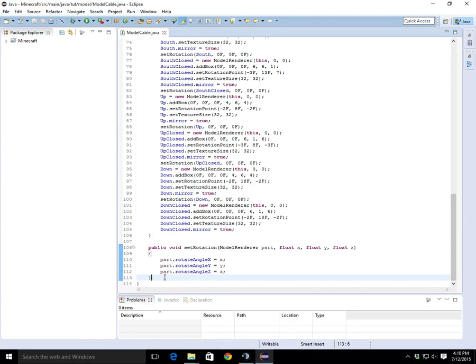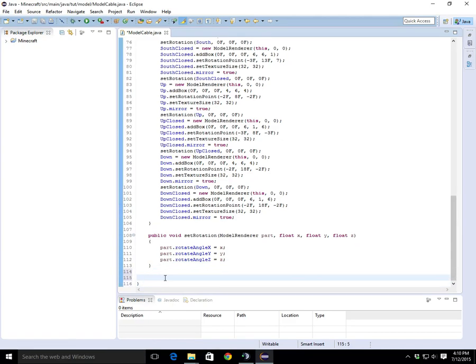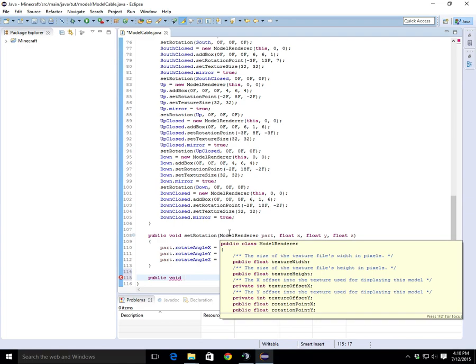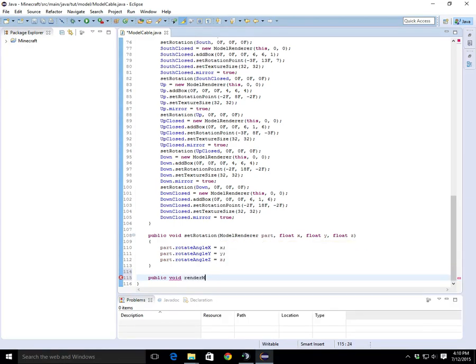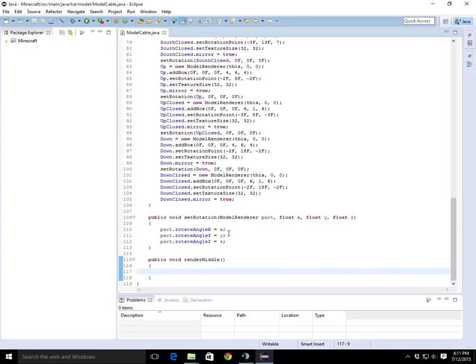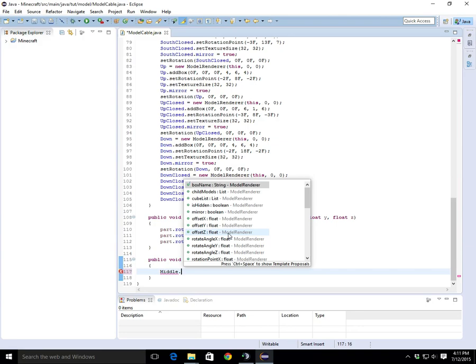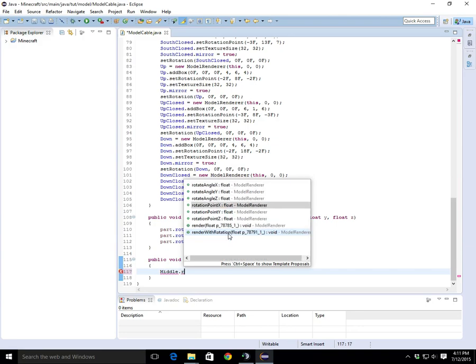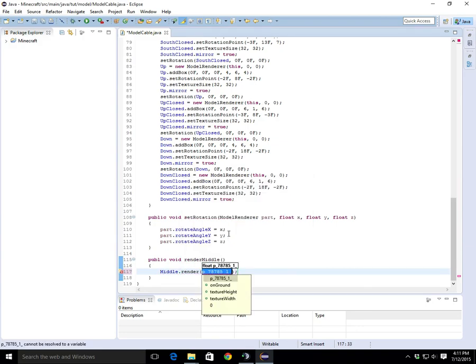So we have to start off, we'll do another one of these, and it's public void render middle, and then it's middle dot render, and then 0.0625 float,